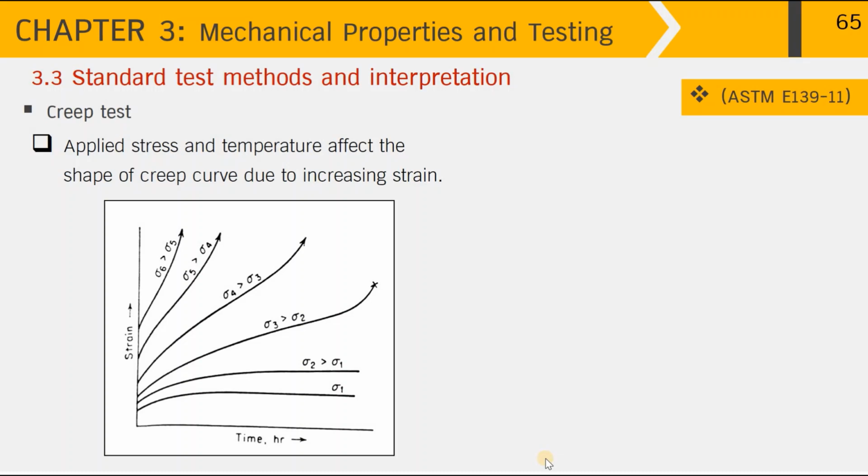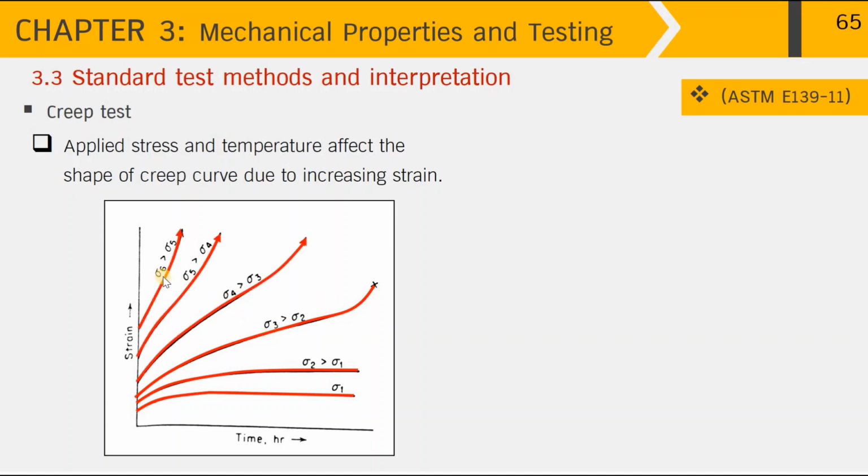And this slide shows the effect of two important parameters, which are stress and temperature, that affect creep properties of the metals. First, the graph on the left-hand side shows different creep curves tested at different stress levels. If you have a look at this first one, when we're doing the test at low stress, which is sigma 1, it gives a low creep rate as you can see from here, and once we increase the stress to sigma 2, the curve moves up. And then when we apply much higher stress levels, such as sigma 3 and sigma 4,